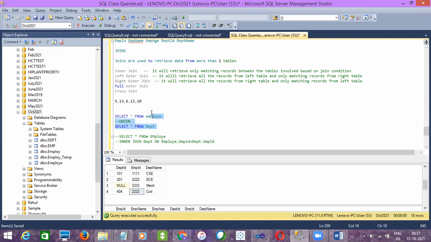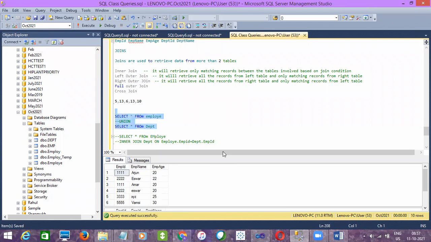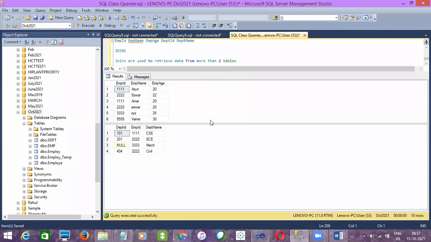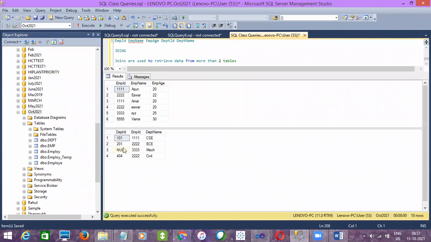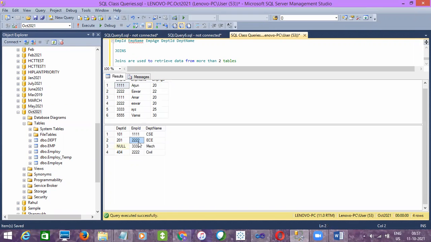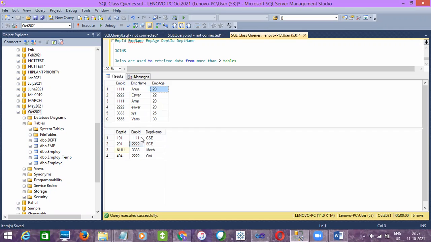So now tell me, how do you do the join now? How do you calculate the number of records? Do you go from left to right or right to left? Right to left. So you have to consider this table as the main table since we are performing right outer join, and then we have to check the values here. So now tell me how much will be the count for right outer join.